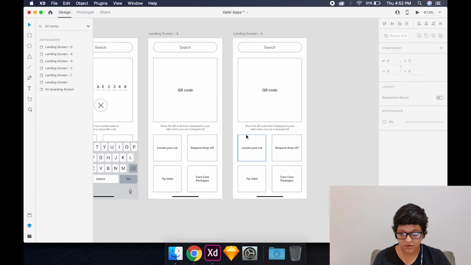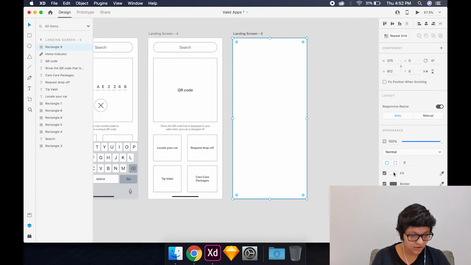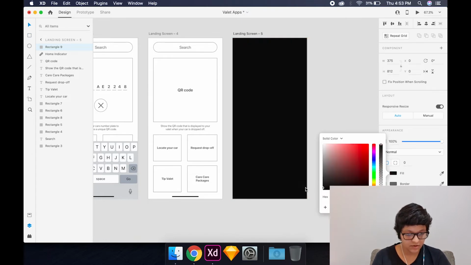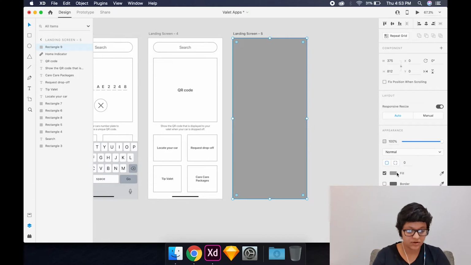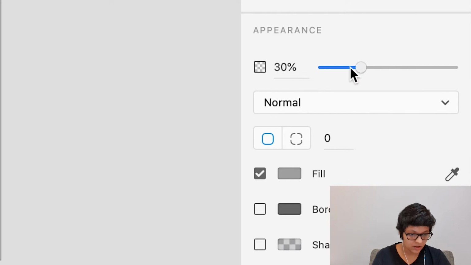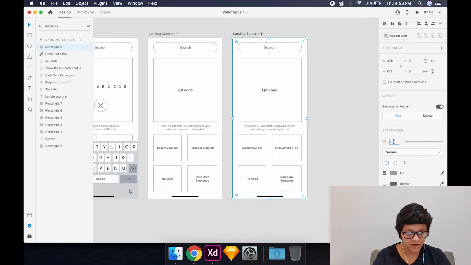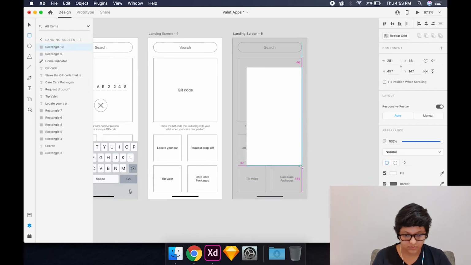So as soon as you click on locate your car, your screen will become a little bit gray, so that we can fade out the background a little, and I will also reduce the opacity of that. The opacity is right here. You can control this with the slider as well. I have set it to 50 so that the background is visible but still not too visible, and I will make a dialog box over this area. So I simply dragged out a rectangle and I will center align it.